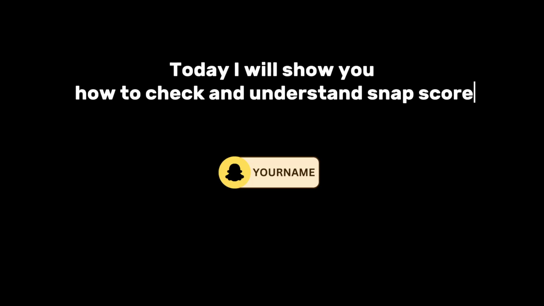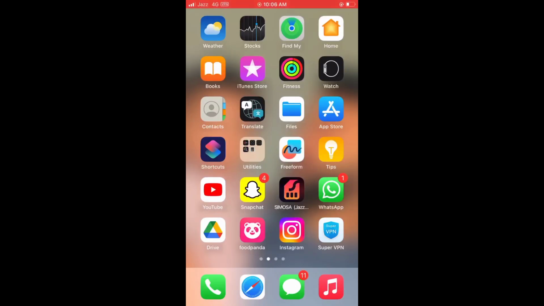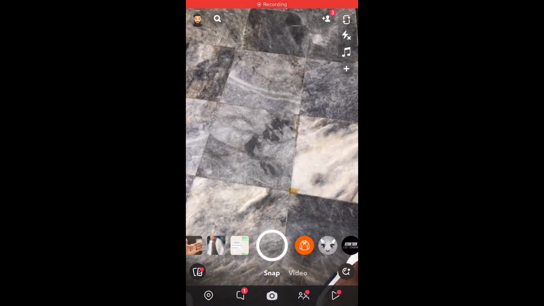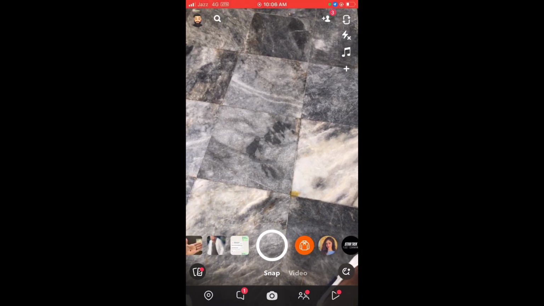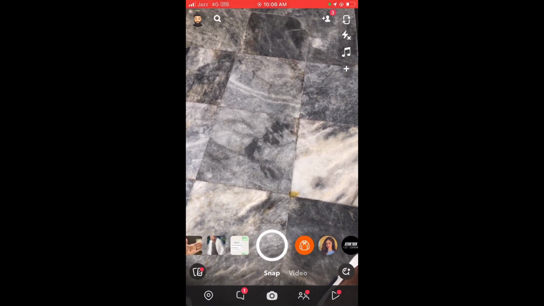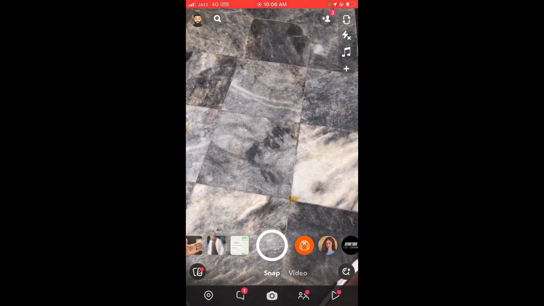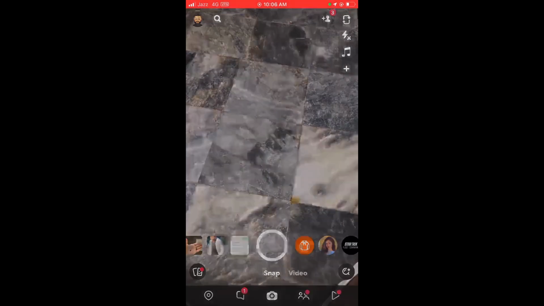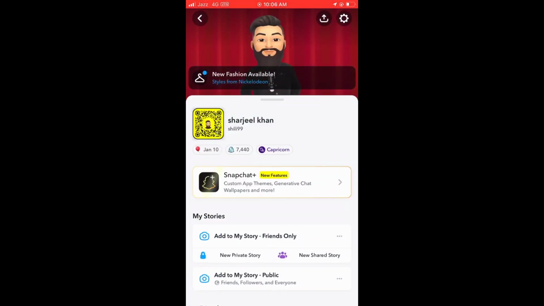Today I will show you how to check and understand Snap score. So for this you will have to open the Snapchat account on this iOS device. From here you will have to go to the top left corner, your avatar, your profile icon. From here you will see